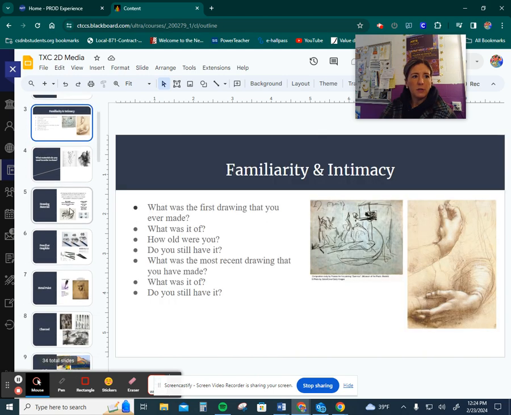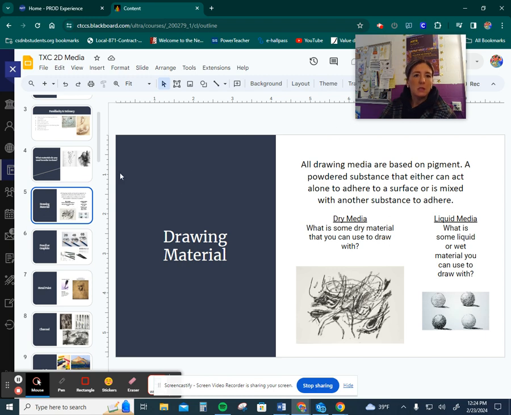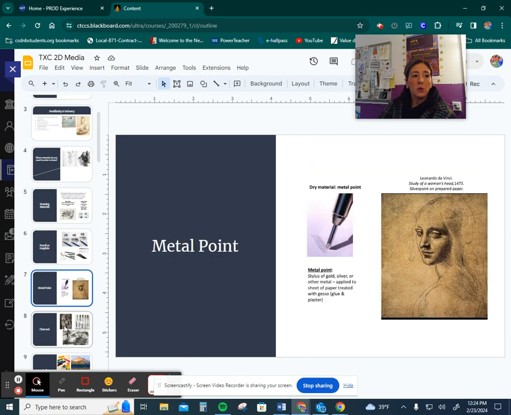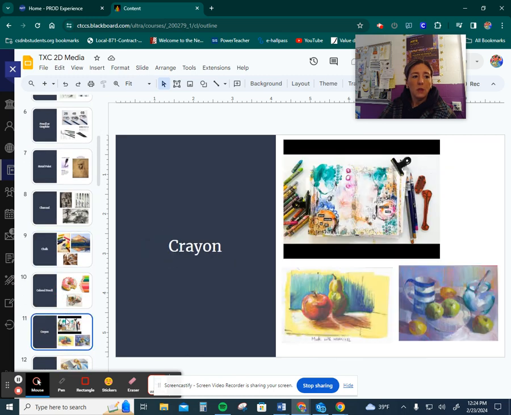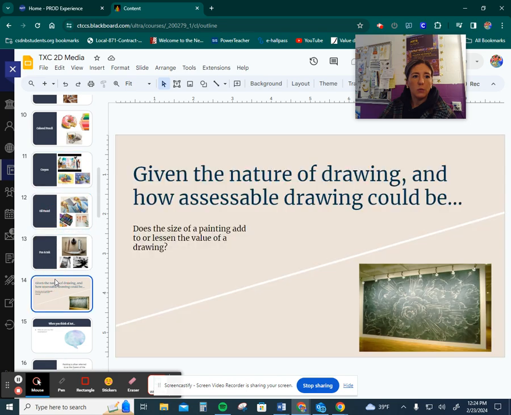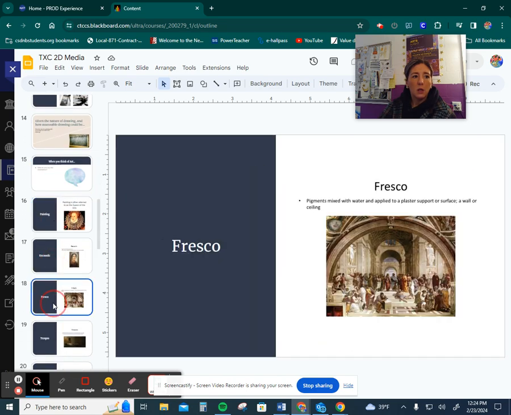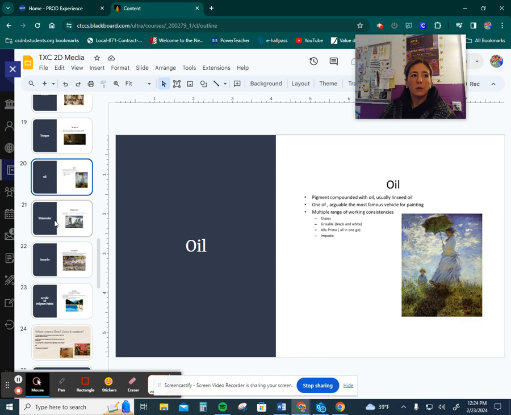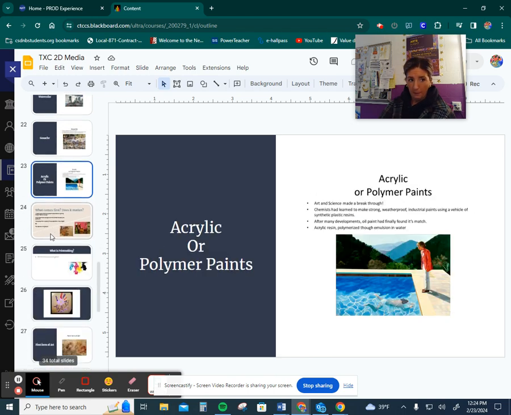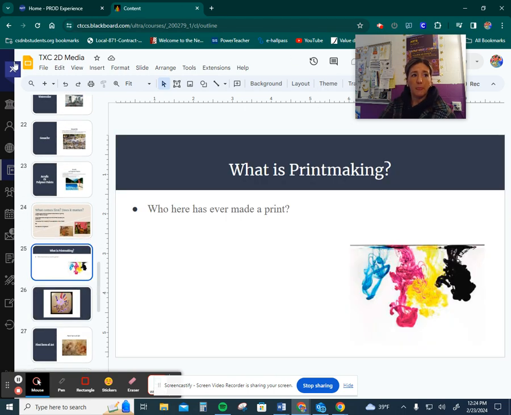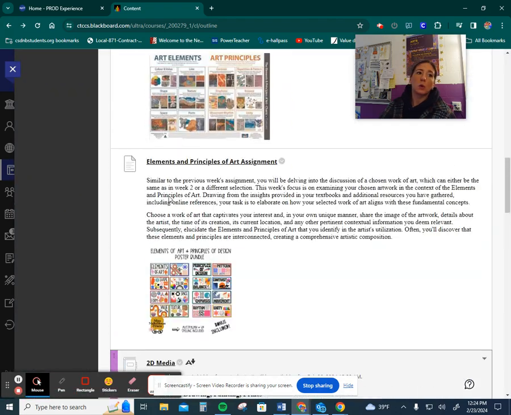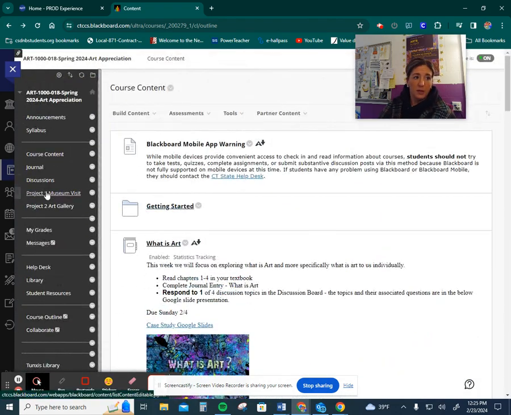I believe there's embedded some questions. Again, these questions are just for your consideration to think about the material and a little bit of a more in-depth full perspective. So please review this slide presentation, which will take you through 2D media, just simply covering drawing, painting, and prints. Then when you're done with that, you are going to head over to the discussion board